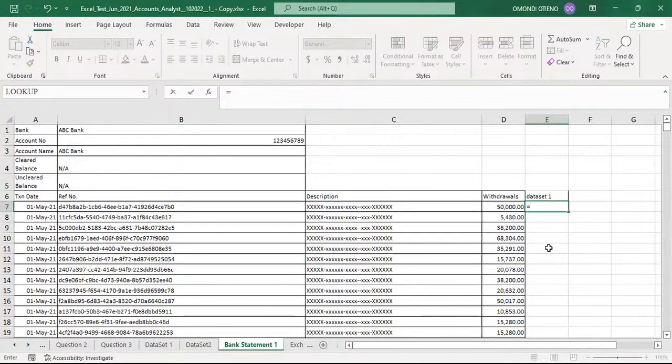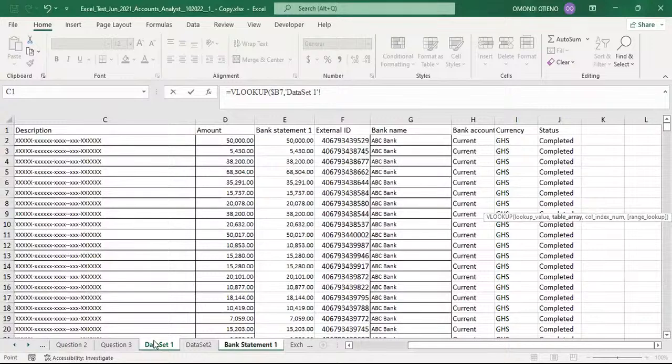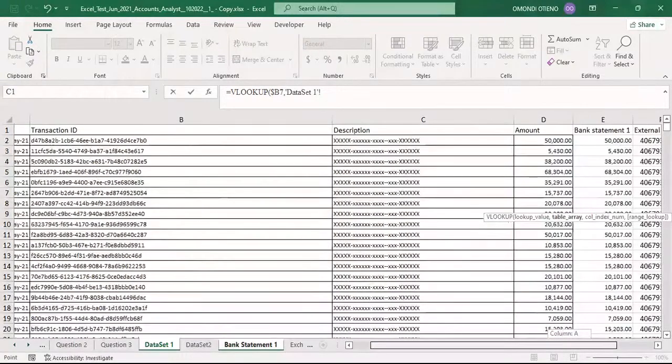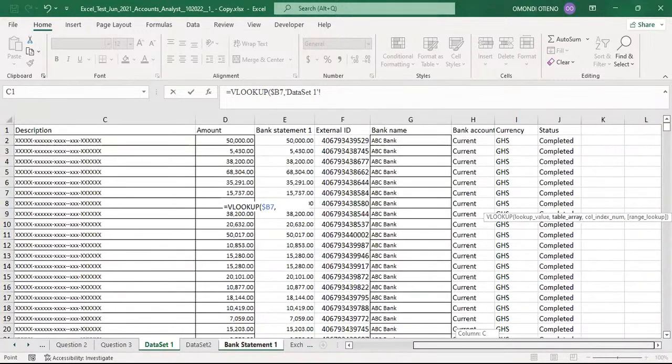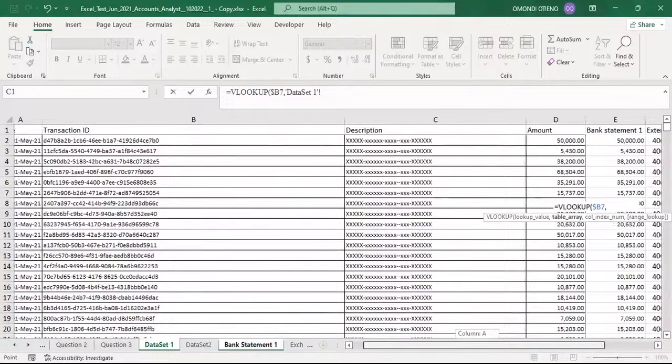Equal VLOOKUP. What's our lookup value? It is this transaction ID in column B, our reference column. So we have to place a $ sign before letter B, comma. Our table array is the other table. So what's the other worksheet? It is now the data set 1. We only need to compare the transaction ID and the values. So we don't need this extra information. We only need it to give us the